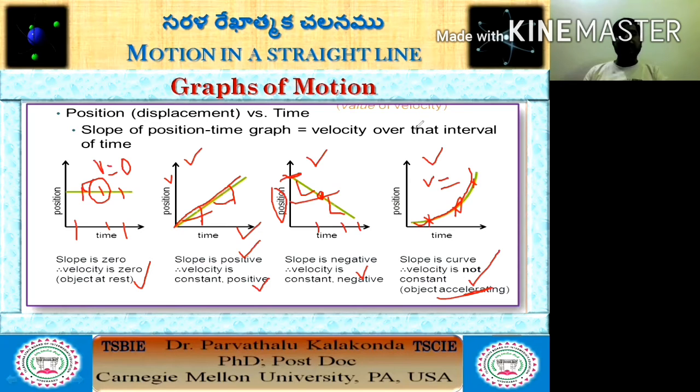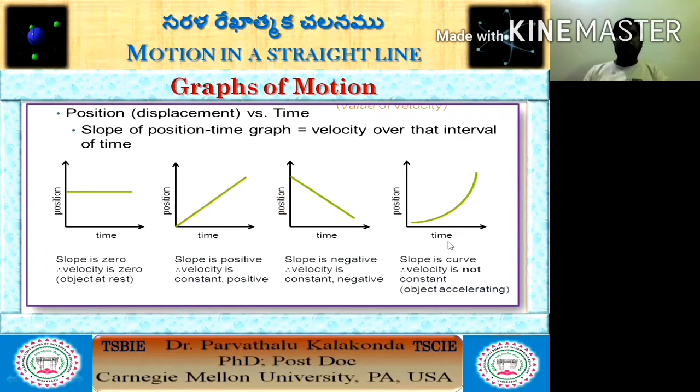So is it clear? From this, would you understand position versus time graphs. If position does not change with respect to time, it is at rest. If it changes in equal manner, uniform motion. If it decreases with respect to time, there is a negative slope. If it is a curve between the position and time, velocity is not uniform, acceleration is there. Okay,